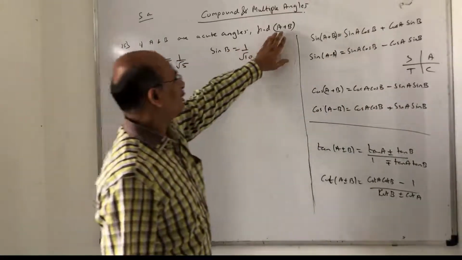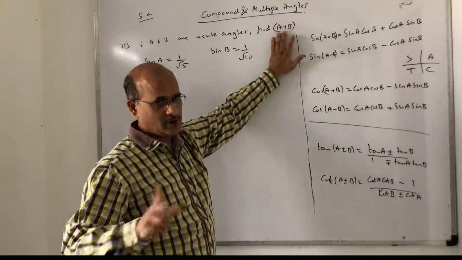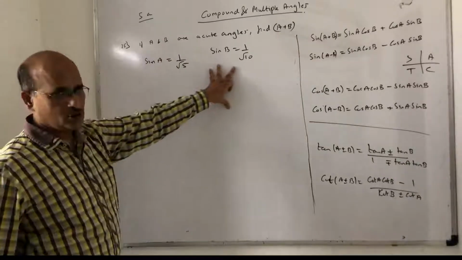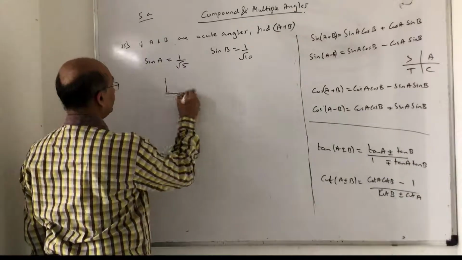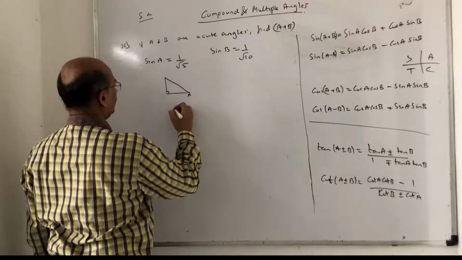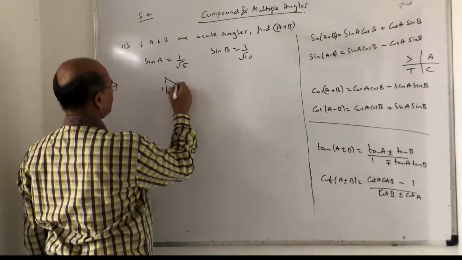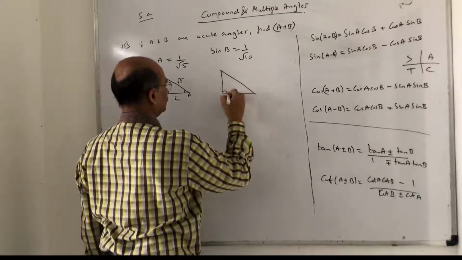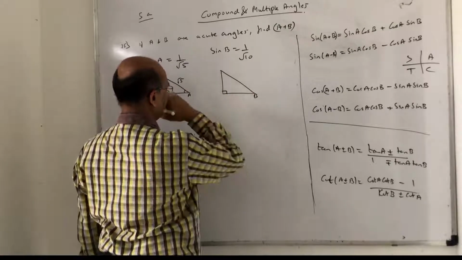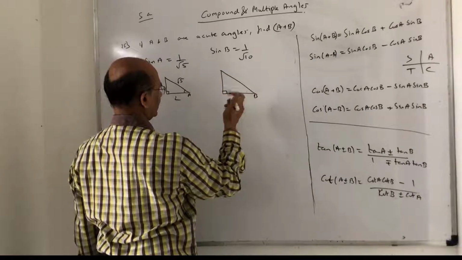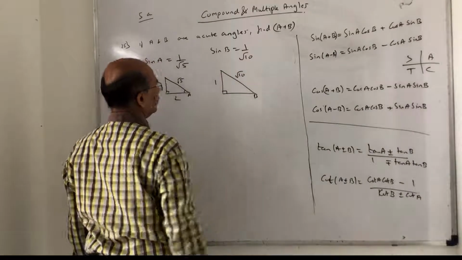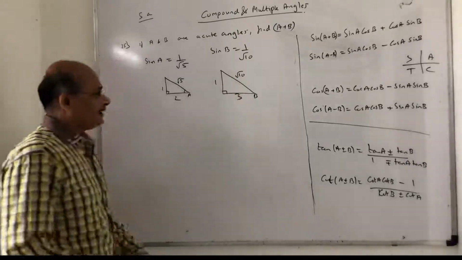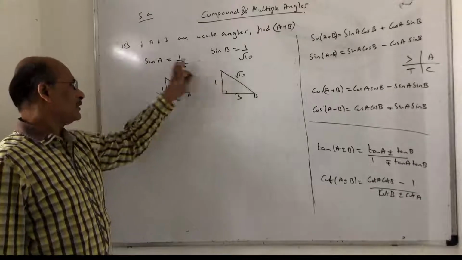Now by the way, they are not asking you sin A plus B, they are not asking you cos A plus B, they are not asking you tan A plus B. So they are asking A plus B. So what I can do is, first thing I told you the values are given to you, so best is to draw the right angle triangle with different angles. This is A for me now. Okay, and by the way, you can say for A, this is 1, this is root 5, so this will become 2. Then sin B, this is 1, this is root 10, so this will become 3. As the ratios of the sides are completely different, that's why I'm taking two different triangles and working out.